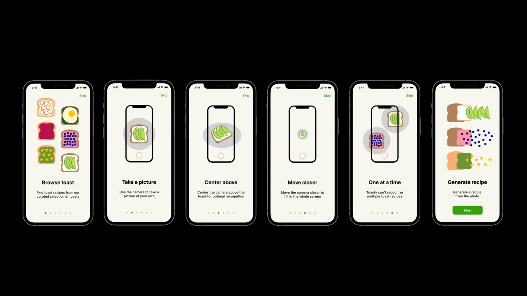Okay, except, let me be honest, I always skip through these onboarding screens. I don't even read them. So why would people want to read onboarding screens I made? When I open up this Toasty app, these screens are just another thing between me and the fancy, delicious toast. Even if people had the patience to read each screen, why would they remember everything later?